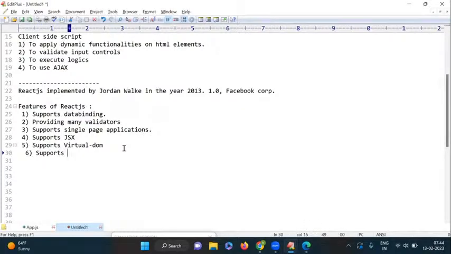Okay, next one here: supports Redux. Redux we are using to maintain the state of the application. For example, you want to access one page's information from another page. For that, we are using different techniques like cookies, sessions, local storage, session storage. Different types of techniques are available. In the same way, we can also use the Redux concept to access the data of one page from another page in the web